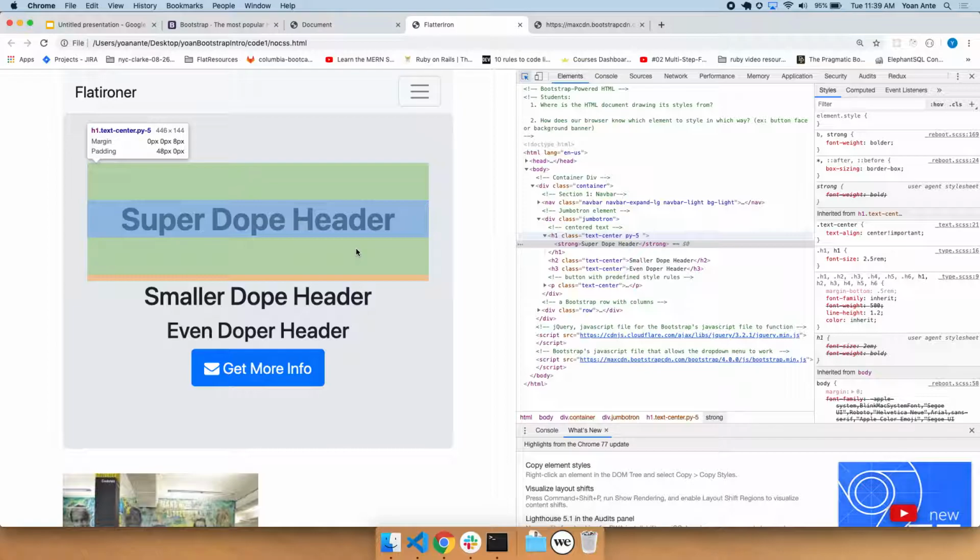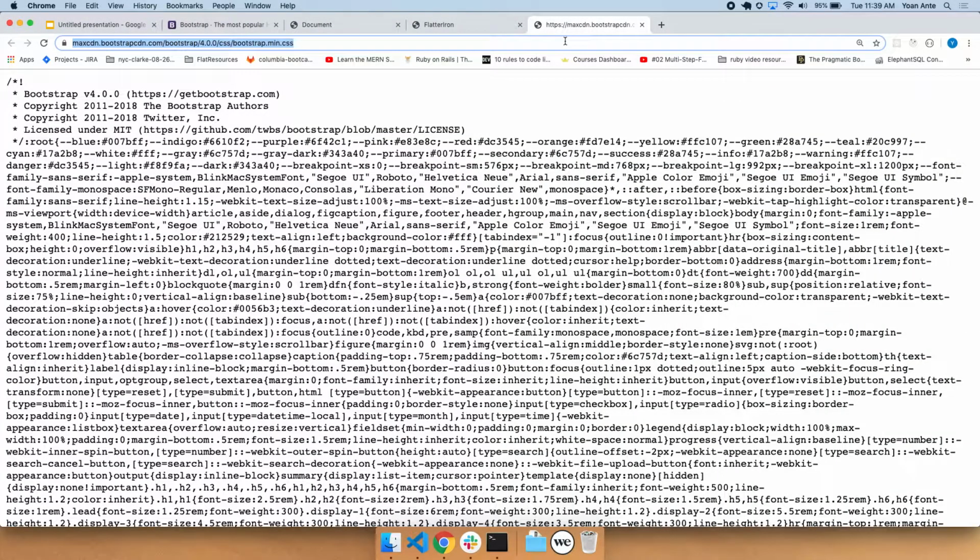All right, so again, with Bootstrap, all we're doing is adding classes to all our elements. We're not adding any CSS whatsoever. That's the main takeaway that I want you guys to take away from this today, is that there's just a bunch of classes. If we go to the Bootstrap